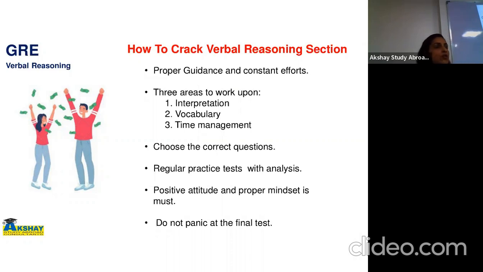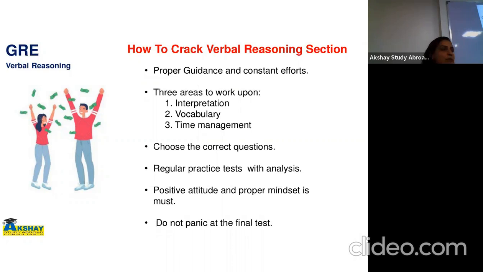Because you know that your next section is dependent upon your performance in the previous section of that particular measure. That means you must attempt the maximum number of questions correctly, right? So you can answer any question type. It's not like you must get those correct questions from fill-ups, or you must get those correct questions from comprehension. You may be good at fill-ups, so you may want to attempt those questions first.